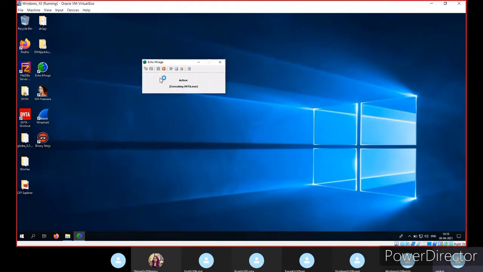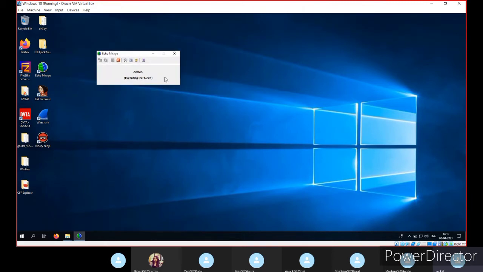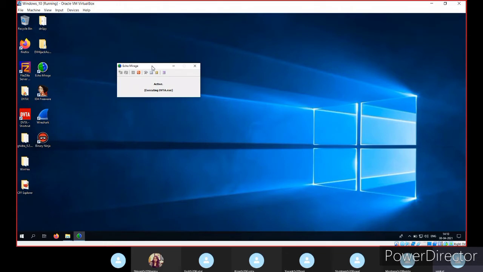You can load that exe file by using Echo Mirage. What it does is inject some kind of DLL into it in order to intercept the HTTPS traffic. I think this is Echo Mirage's old version. I tried to find the new version, but it was hard to find. Let us see whether it executes or not.